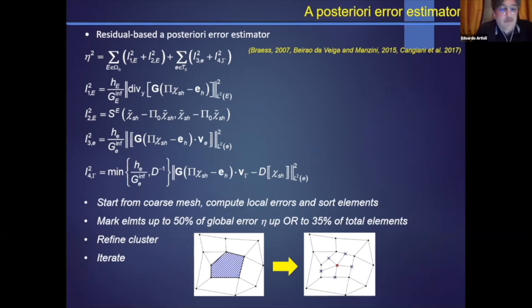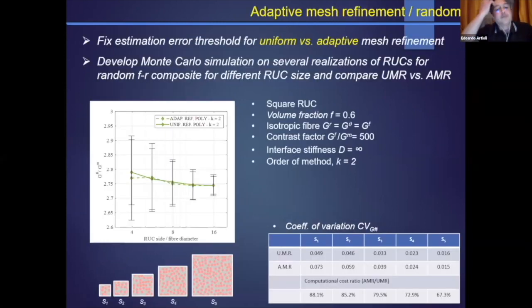and the last one, the same check on the continuity at the fiber-matrix interfaces. We have devised the usual type of adaptive refinement remeshing algorithm, namely solve, mark, refine, and iterate. And this proved quite interesting in applications when compared to standard uniform mesh refinement,